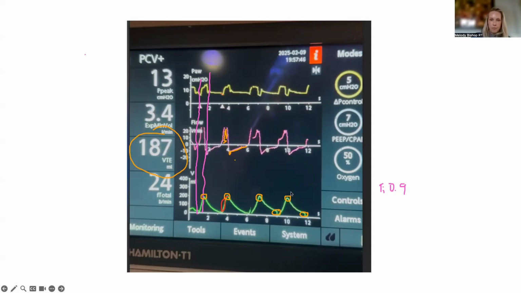And when you have low compliance, so when you have auto peep on pressure control, the way that you die is from hypercapnia because your total peep goes up. So if your inspiratory pressure, which here I believe is the delta pressure control, is 5, right? So your peep is 7, your delta P is 5, your peak pressure is 13. The peep is probably not 7 because you're not accounting for the auto peep. So if there is auto peep, and it's 10, now your delta P is only 3, which is probably why your inhaled volume is low, and why your minute ventilation is 3.4.